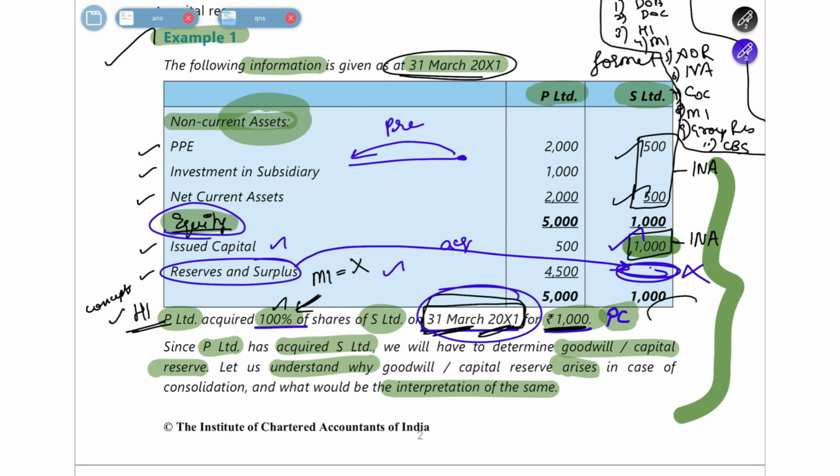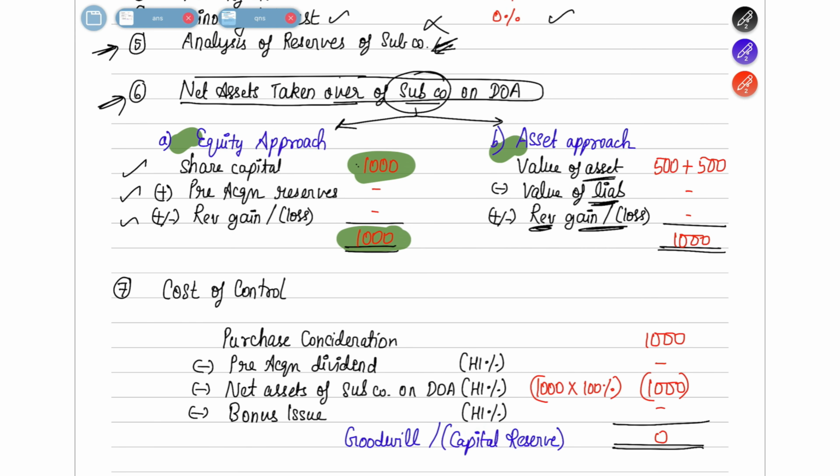So take both. Is there any liability which is given here? The answer is no. Only equity is given. Issued capital and reserves and surplus are given. So liability information is not given in the question. So we just take the asset information, which is 500 of PP plus 500 of net current assets. So if you total these both, 1000 rupees will be your net assets. So by either way, if you find out, the answer is going to be the same only. In exam, if you find out using one way, it is more than enough. Both the ways are acceptable.